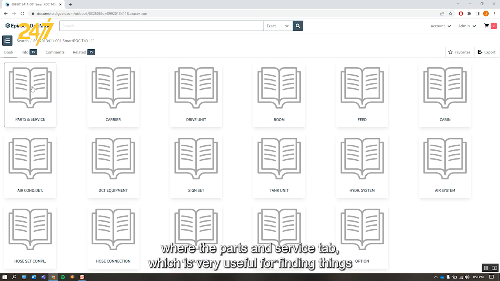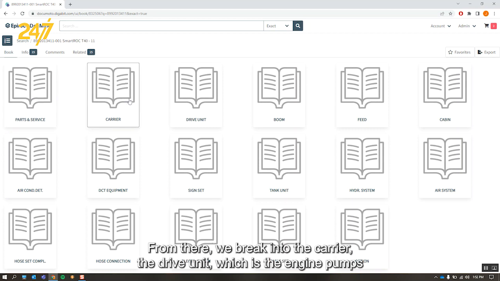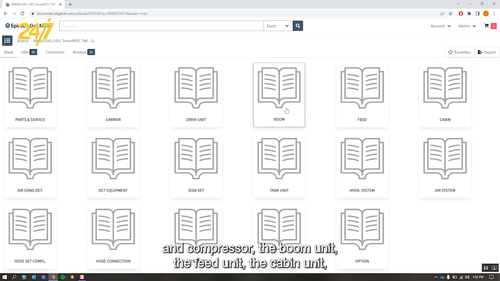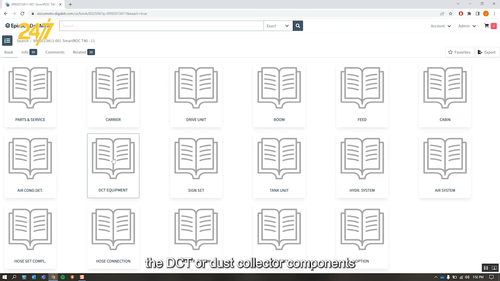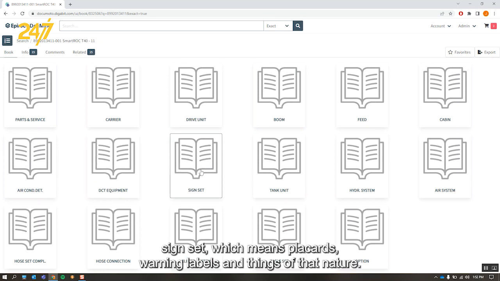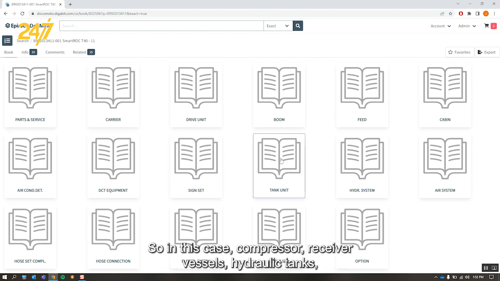We have a parts and service tab, which is very useful for finding things like filters, belts, and other small service items. From there, we break into the carrier, the drive unit, which is the engine, pumps, and compressor, the boom unit, the feed unit, the cabin unit, the air conditioning specific parts, the DCT or dust collector components, sign set, which means placards, warning labels, and things of that nature,